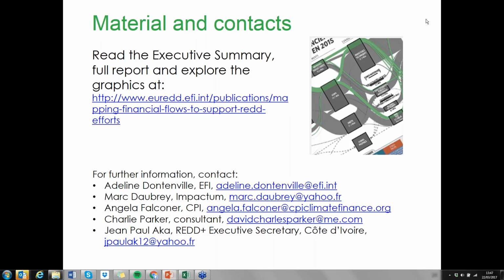So we've been doing similar exercises here in Climate Policy Initiative for the past 5 or 6 years in our global landscape of climate finance, and then in Indonesia at the national level a couple of years ago across all sectors. And this was our first look specifically into the land use sector in Cote d'Ivoire. So it's the first landscape, the first exercise to look into public budgets in Cote d'Ivoire. So it was quite a challenge, and we were on quite a short time scale.